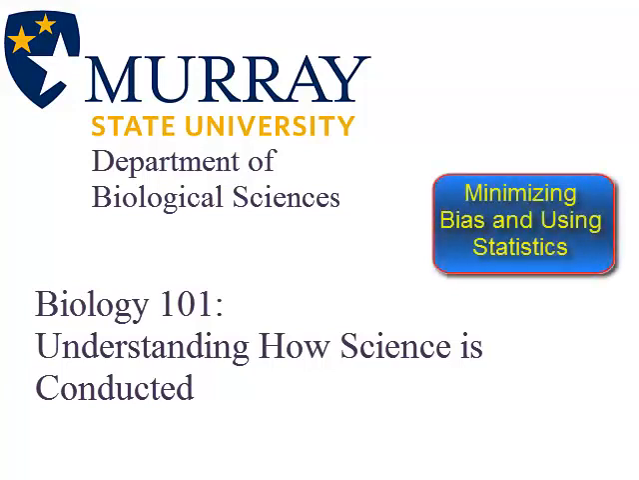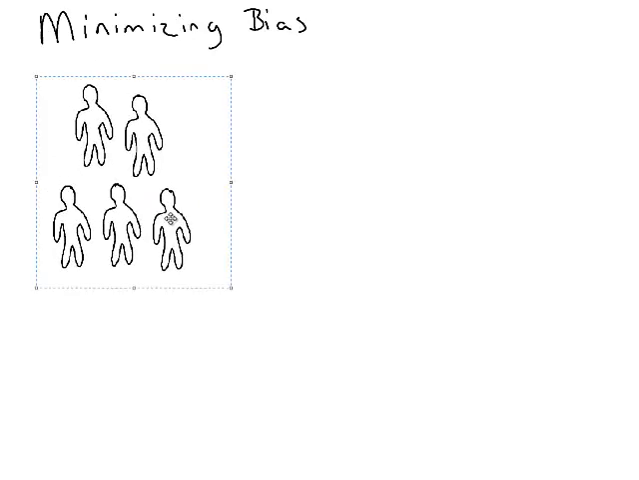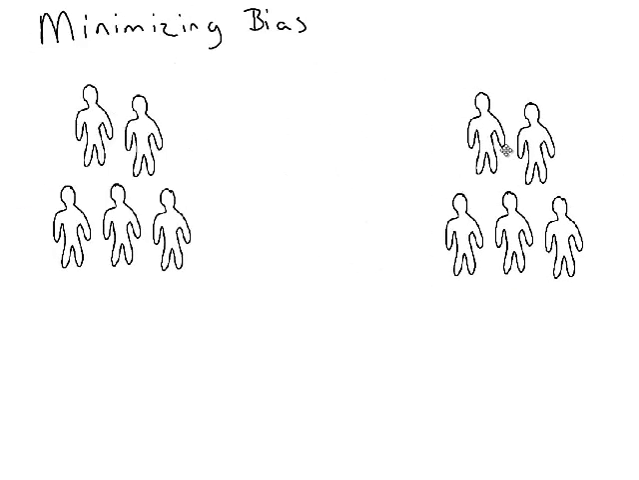What we're going to be doing is continuing on with our discussion about how science is conducted. And the first thing we're going to be talking about is minimizing bias in experimental design. Something to keep in mind is that everybody has opinions, even scientists. Really, especially scientists. And many people are guided by their opinions, but scientists cannot really do this, at least not